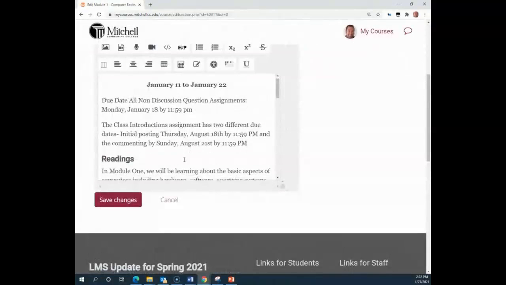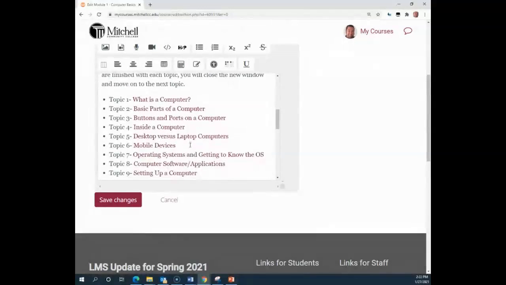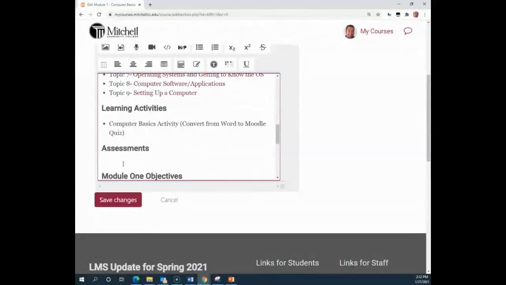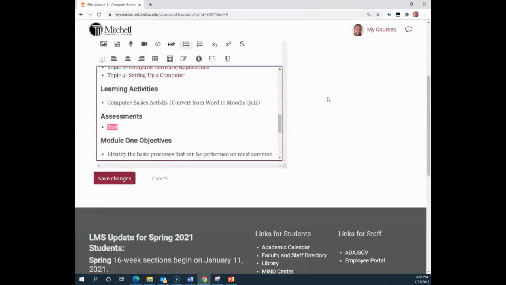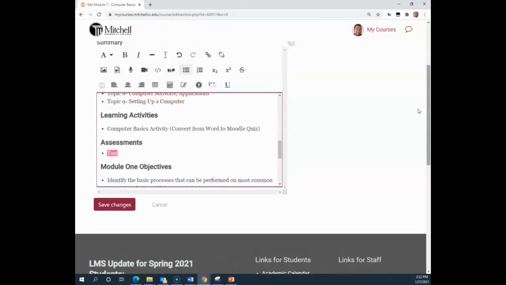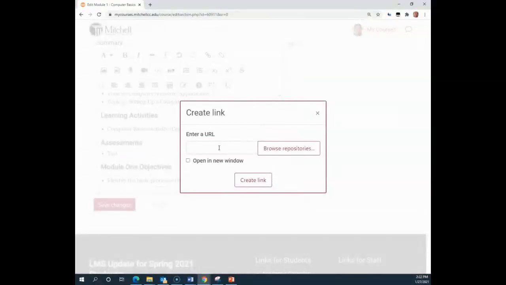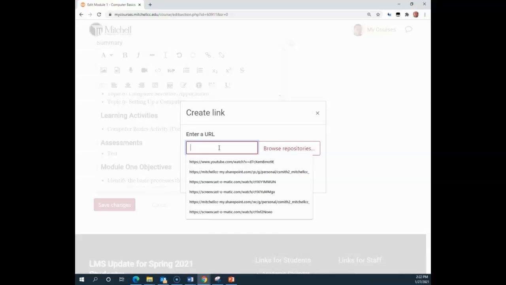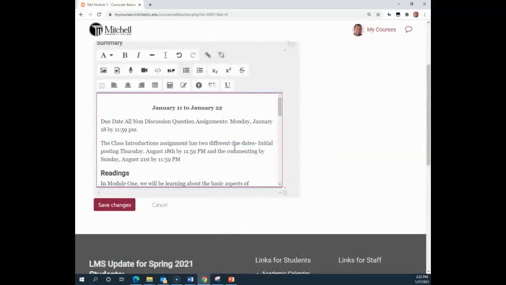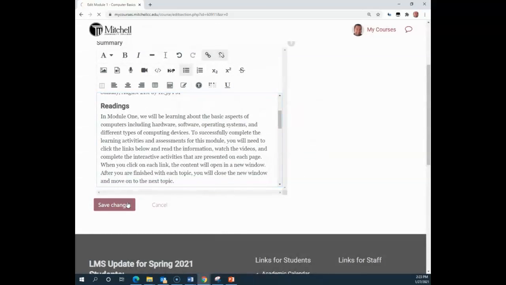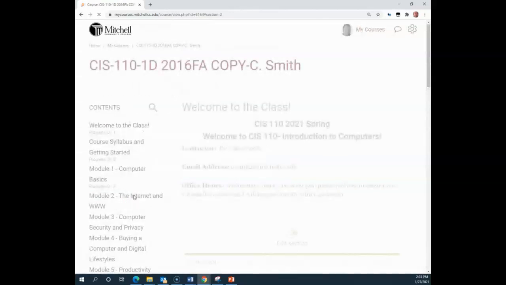And now what I can do is go under readings, go down in the assessments, and add a new bullet. I'm just going to say test for now. I don't remember what it was called off the top of my head. I don't want it bold, but I can add the link to that. So let me do that. And so now when I save changes, I have that organized for my students to be able